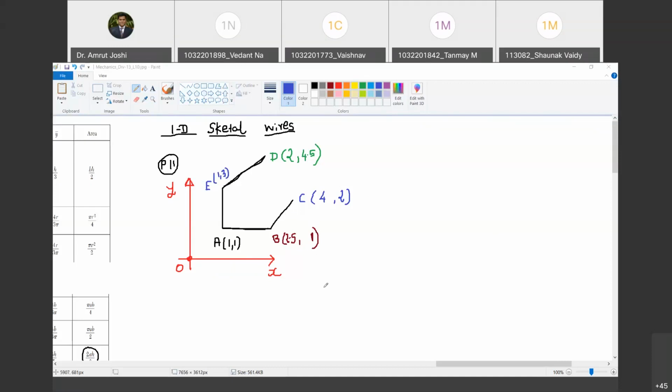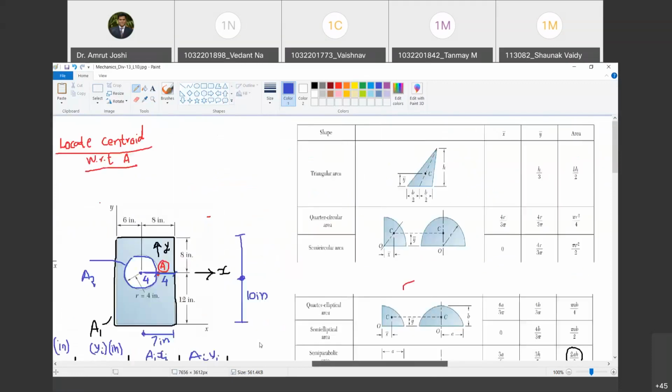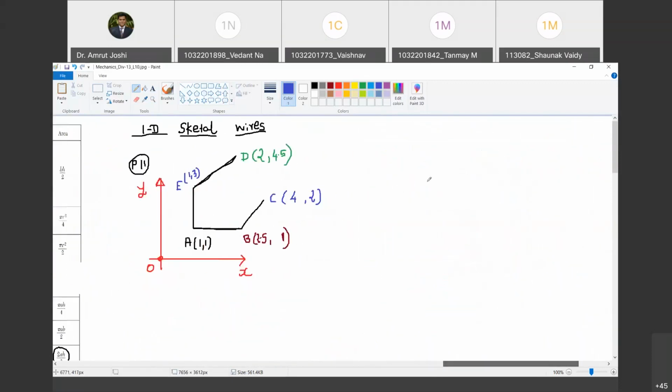So what is the change that we are going to do? तो अब जो हमने एरिया किया था ना a1 x1, उसके जगह formula कैसा form take करता है? Just have a look at this. This becomes now summation li xi divided by summation li. Are you with me? Yes, sir. So what is li? Length. Length of ith segment of this wire. Are you with me?